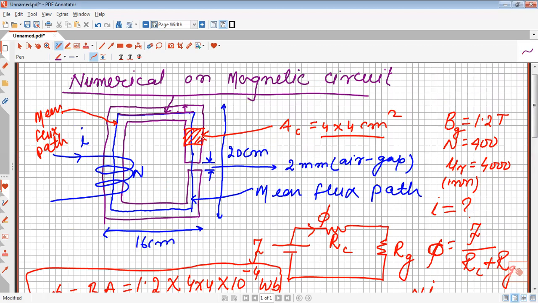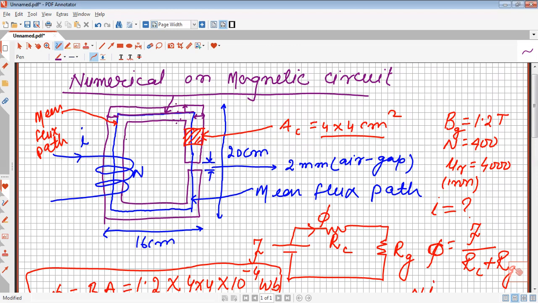Because its area of cross section is 4, it means the length from here to here is 4. So 2 will be here and 2 will be here. Same way, 2 will be here and 2 will be here. So for this length we have to subtract 4 from the 16, so that this is 2, this length is 2, and the whole is 16. So we have to subtract 4. So this length will be calculated.